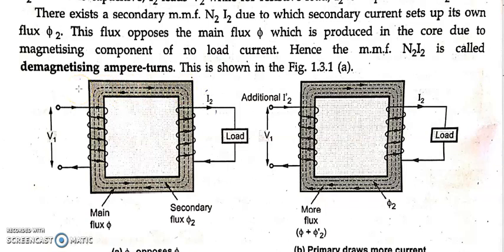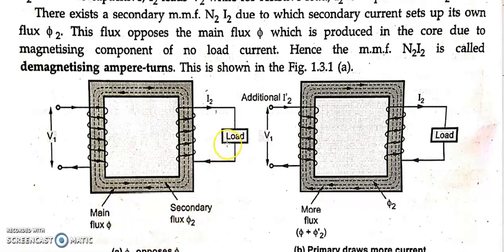Yes or not? So when these two fluxes are flowing in opposite direction, then what happens? The resultant flux will be weakened, that is main flux will get reduced. Can I say like that? Yes, because secondary flux phi 2 is opposing main flux phi, so main flux will reduce. For example, let us say your main flux is 5 Weber initially before connecting any load, so there is no flux phi 2, which means there is no opposition, so main flux will be 5 Weber, just for an example.